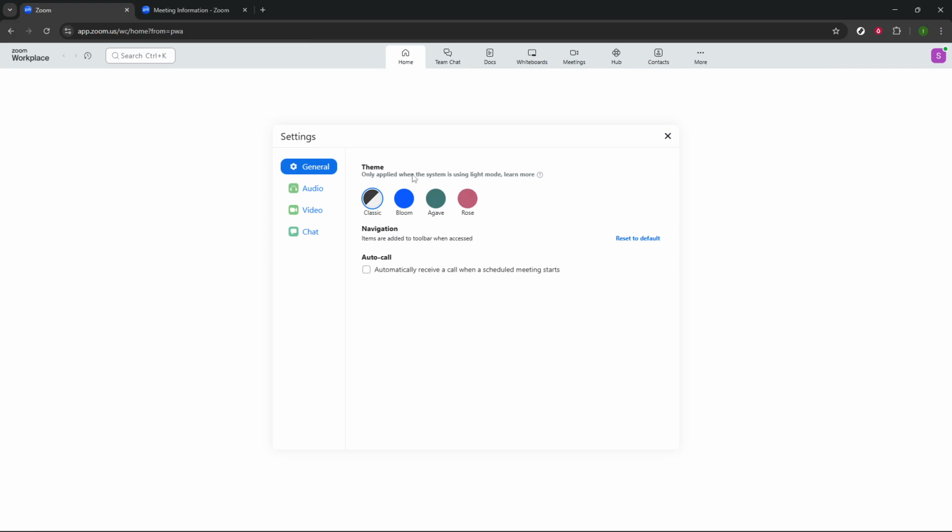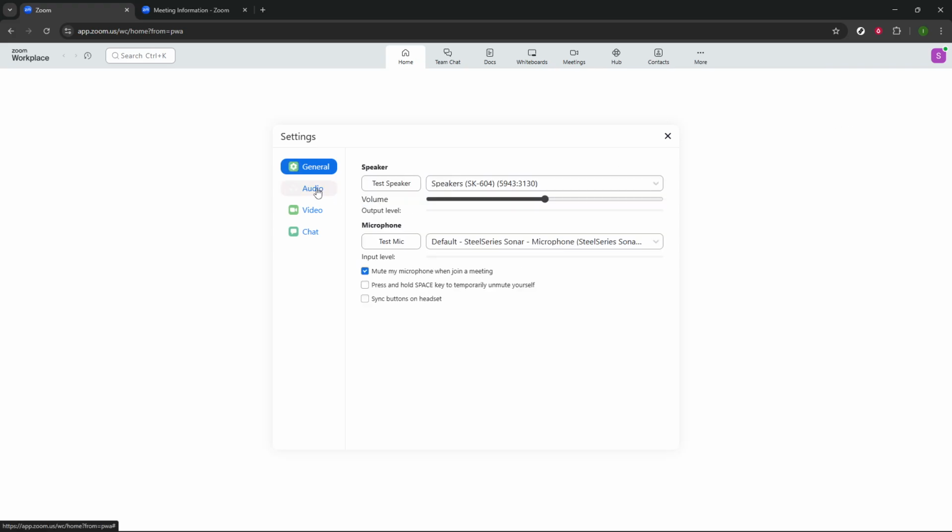Now, once you're in the Settings area, look for the Audio tab on the left sidebar and click on it. This tab is your go-to spot for everything related to your meeting's sound quality. Here, you'll have the option to select which speakers you want to use for your Zoom meetings. It's a good idea to test your speakers first to ensure that they're delivering clear and current audio. You can press the Test Speaker button, and this will play a tone to confirm your speaker is working as